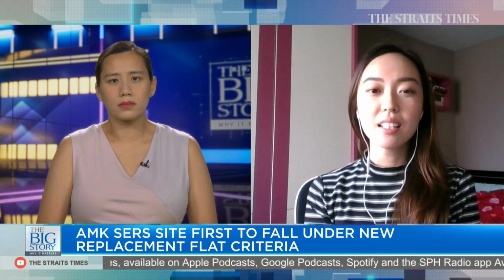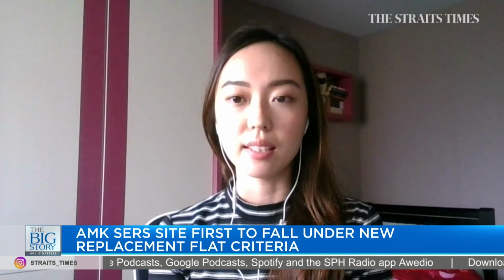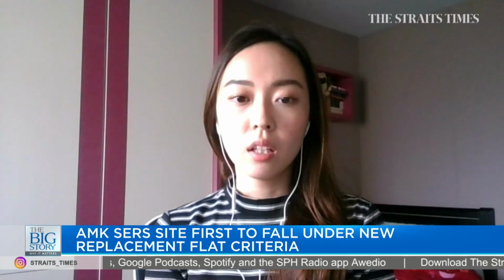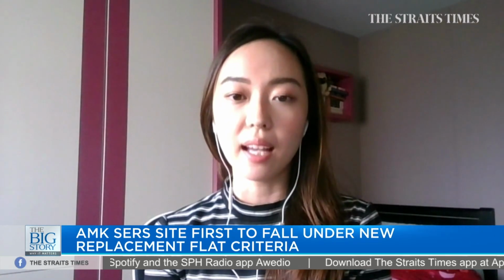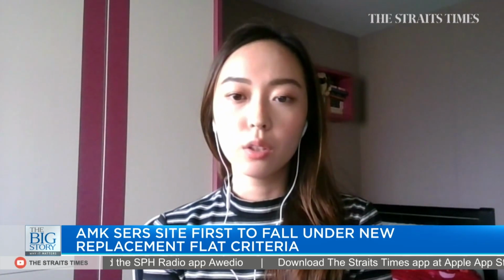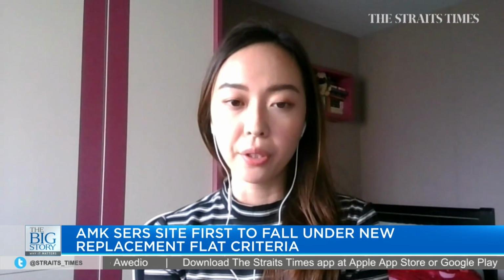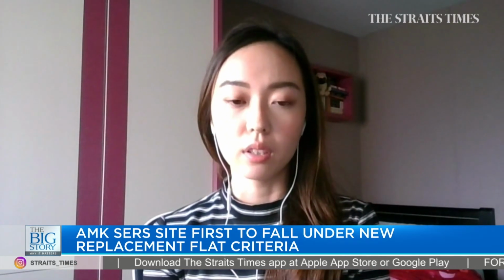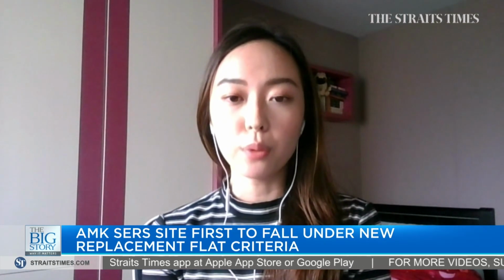You're correct. The first SERS site that will fall under this revised criteria is the Ang Mo Kio SERS project. Actually, there will be a second one. The second one will be the 9 HDB blocks in Marsiling. Those will be acquired by the government to make space for the expansion of the Woodlands checkpoint. But that's like a whole month after the Ang Mo Kio SERS project. So taking this Ang Mo Kio project as an example,